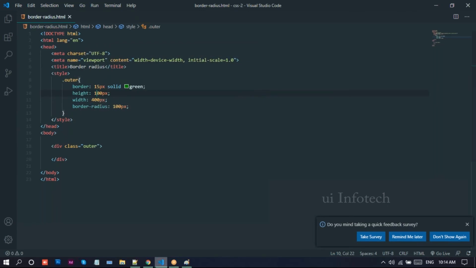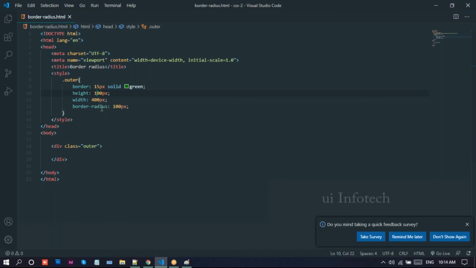Now refresh this one. We get these rounded corners. And coming here, you can place this height and width there, right? Right now I'll just provide 400 or 200.